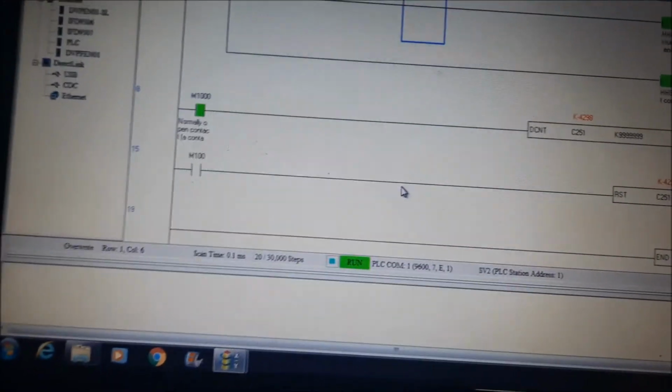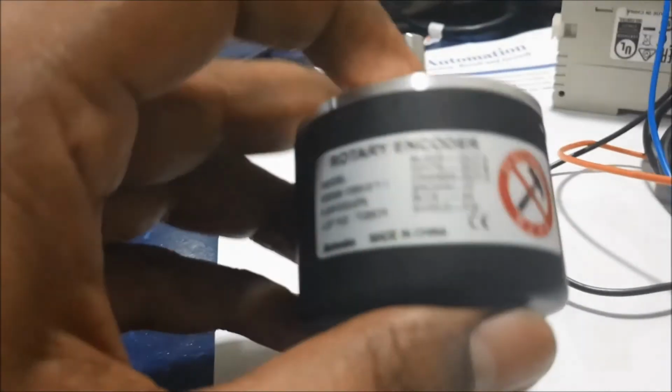Each and every encoder gives you the information on how to connect the wiring, with all the color codes and everything. So don't worry, don't hesitate and don't be frustrated.